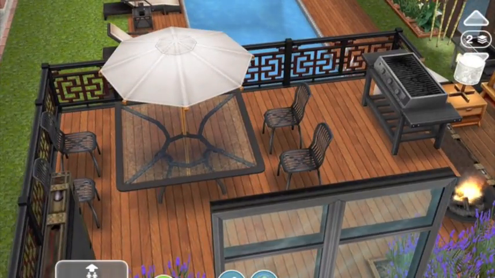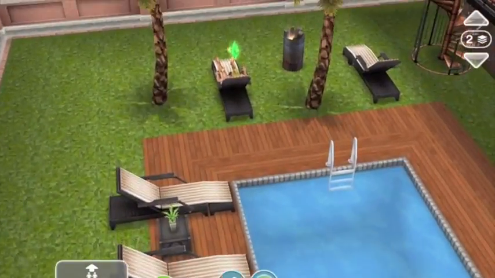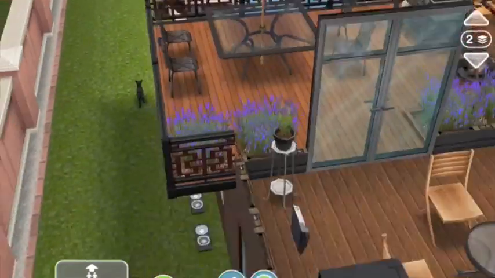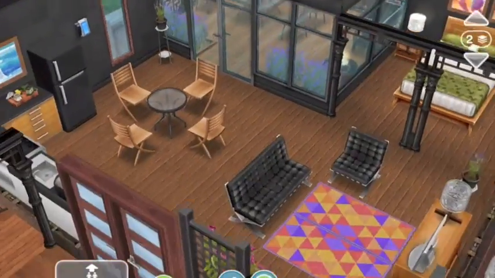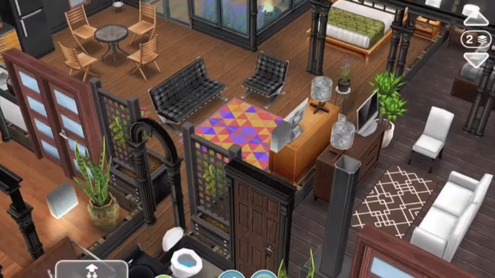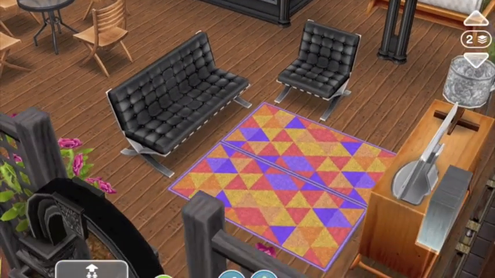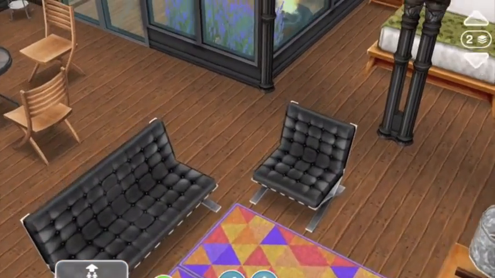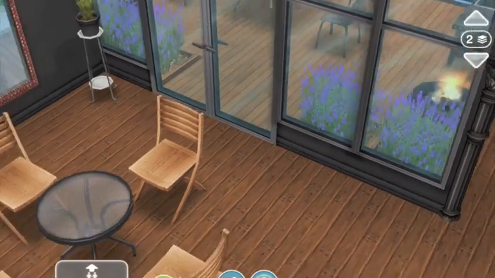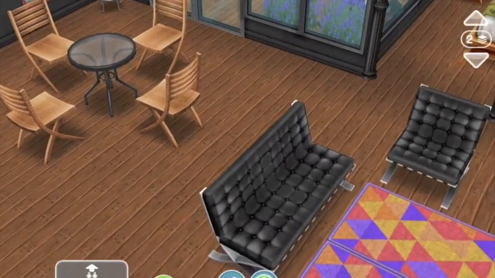It's got a bit of a barbecue and a table and chairs there. Amazing views of the water which come back. So they've got the lavender. The color scheme that I wanted to kind of play with in this apartment was based on this rug. So this rug was the inspiration. So I wanted to have the purples and the light wood, which I thought kind of mirrored